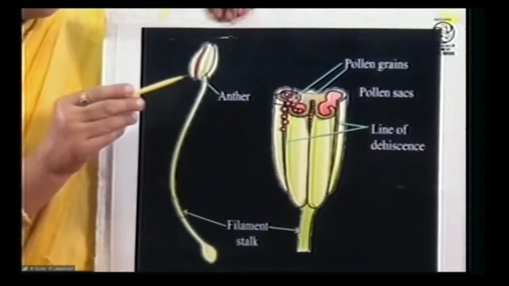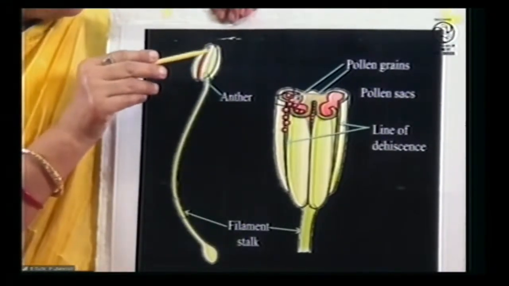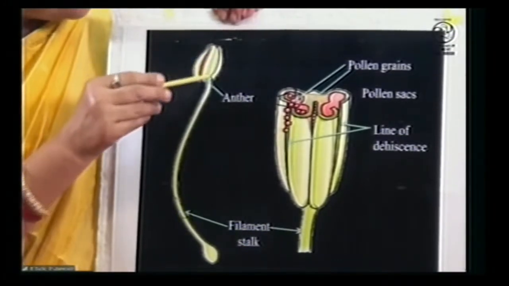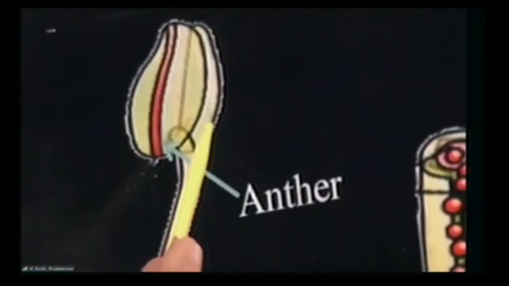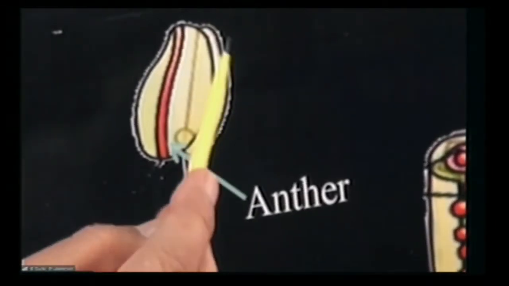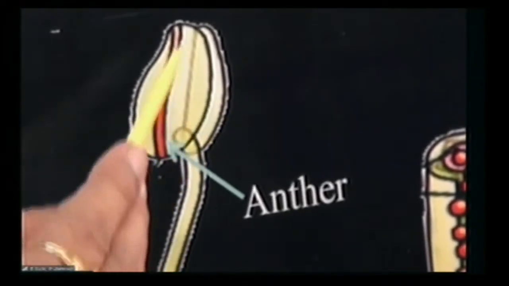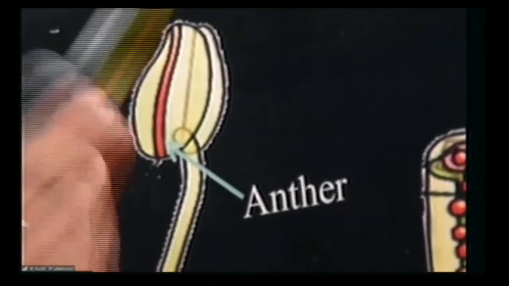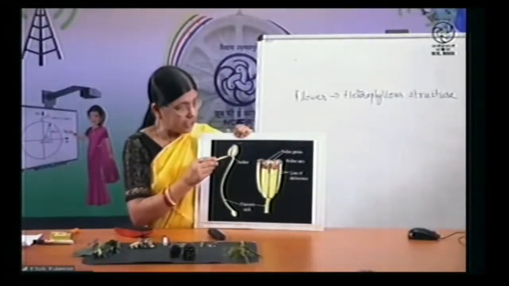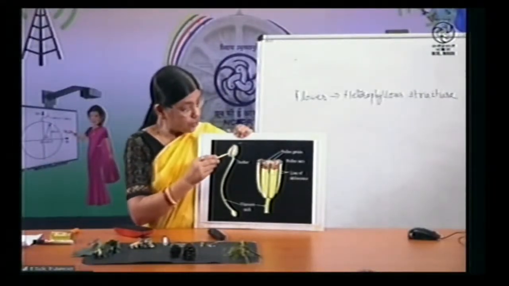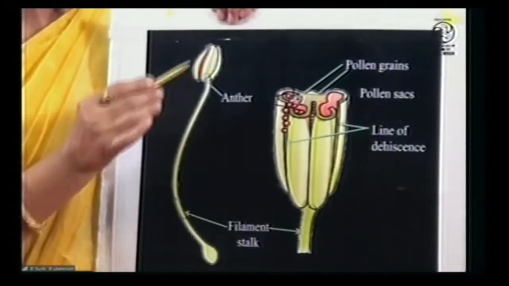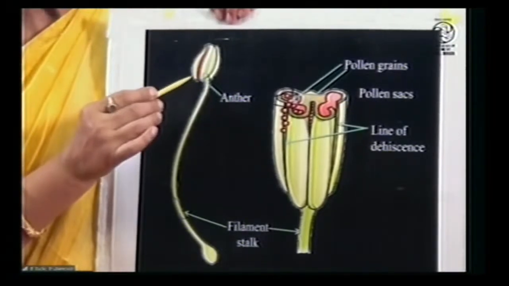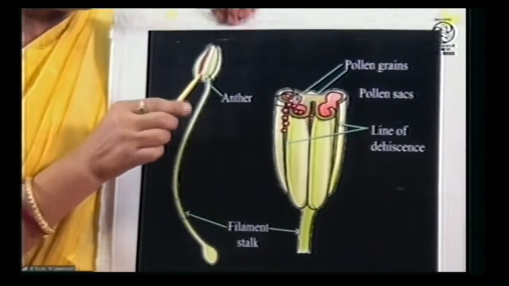So this is as I had shown you in this picture. You had found that this was one anther lobe. This is another anther lobe, and these are two theca of one anther lobe, and at the backside another one is there. Two theca are present per anther lobe. You can find in between two theca of the same anther lobe, a depression is usually present. This depression often shows the site of dehiscence. Through this part, the anther dehisces and releases mature pollen grains.